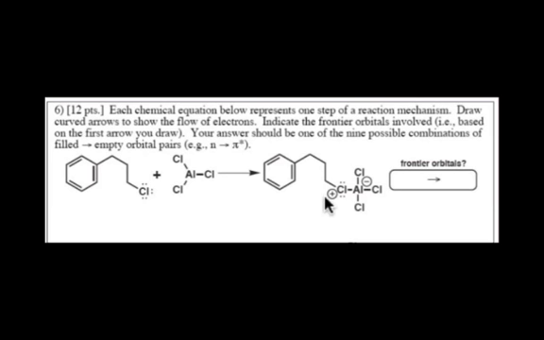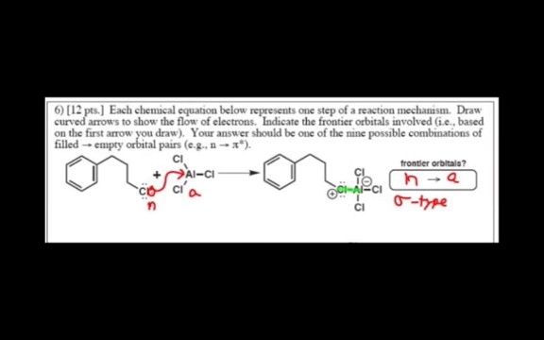In the first example, we can see that there's a new bond that's made between chlorine and aluminum, and that no bonds are broken. We can come up with curved arrow notation to describe that process. A non-bonding pair of electrons on chlorine serving as the source of electrons, interacting with the empty orbital that's centered on aluminum, this 6-electron aluminum, and we have an N to A sigma type interaction. We simply have two molecules that can freely move until they align in a way that would maximize this coaxial